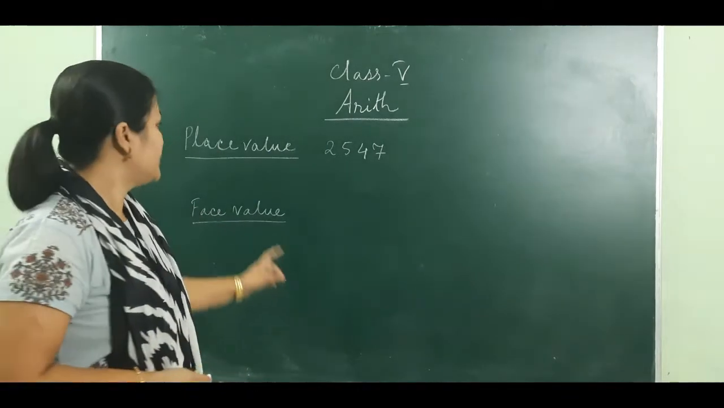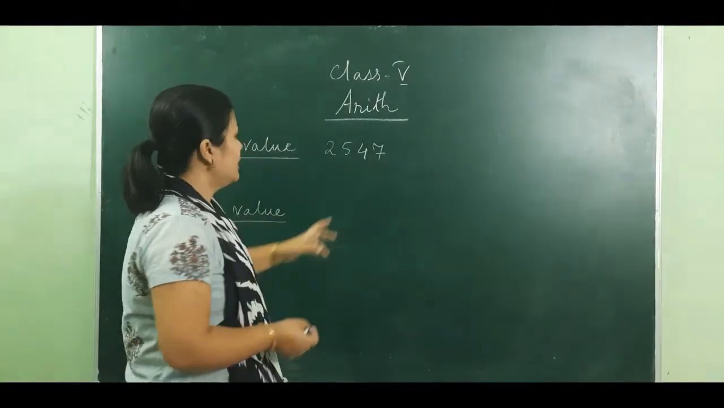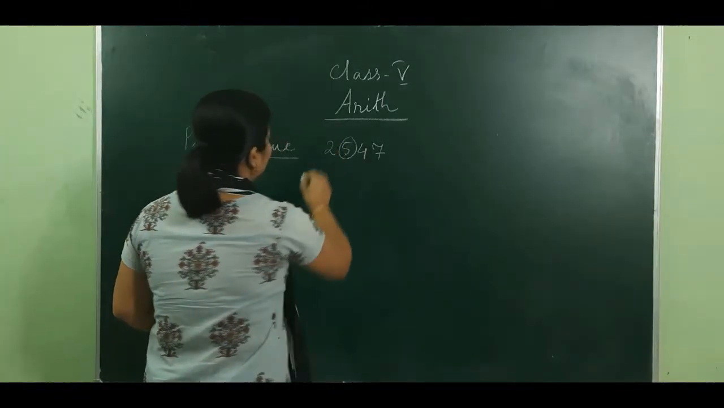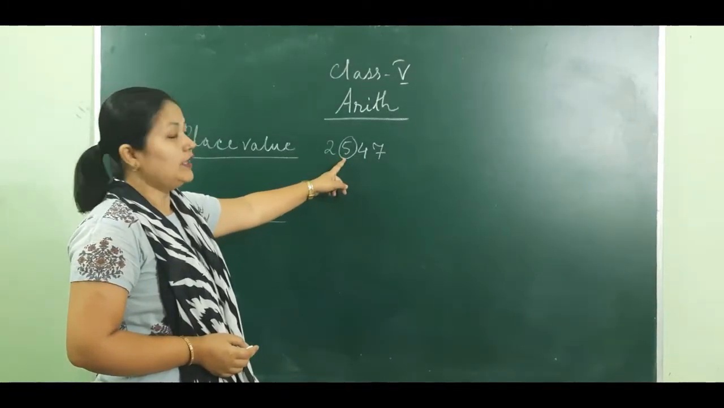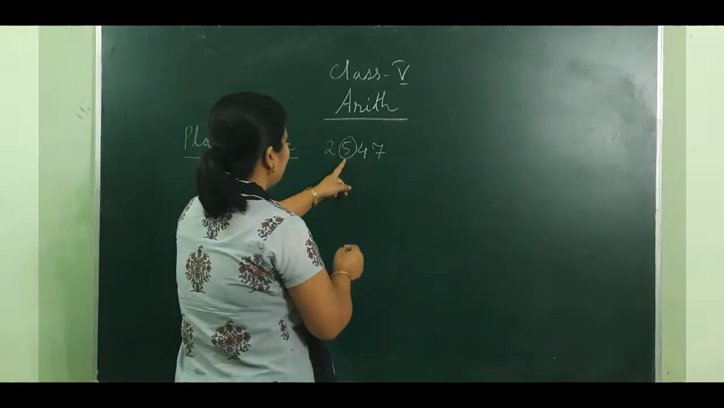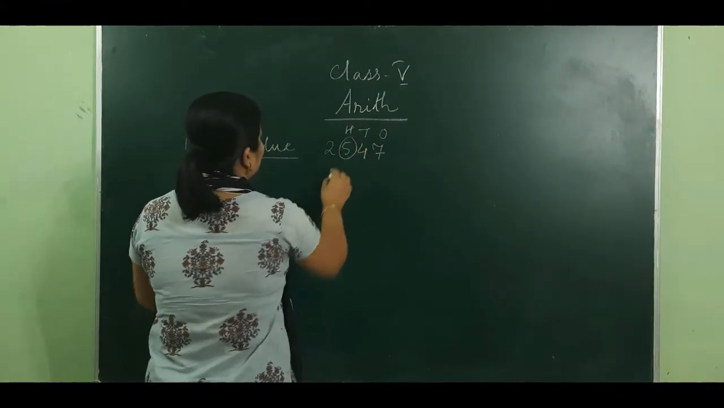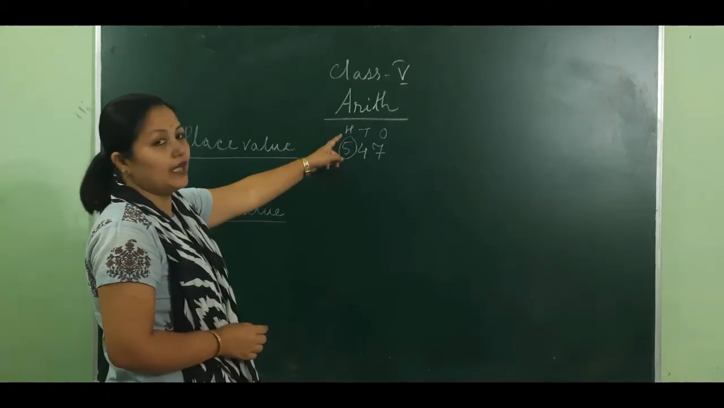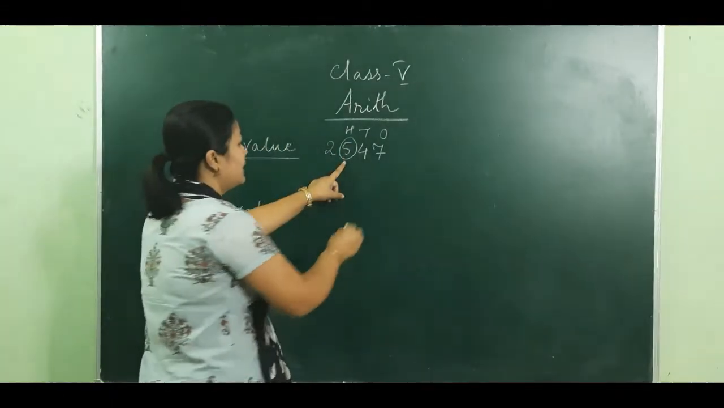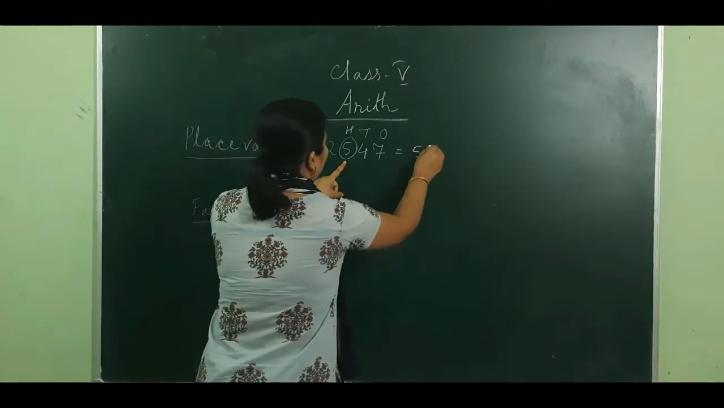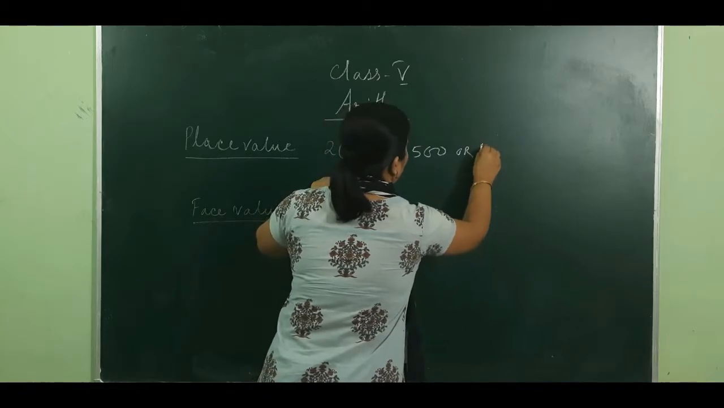What is a place value? Here I wrote one number, 2547. Suppose you have to write the place value of a digit in this number. It means we have to write where the number is, which place it is sitting. So we will do it like this: 1, 10, 100. You can see the 5 is in the hundreds place. So if you have to write the place value, you will write 500, or in words we can write